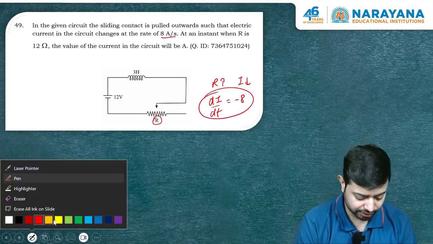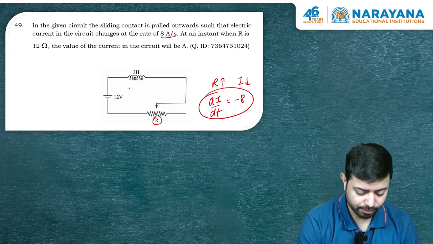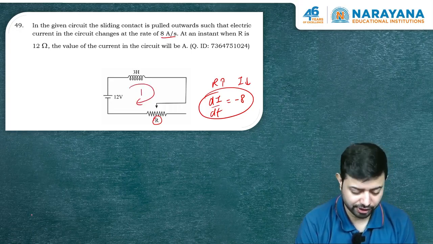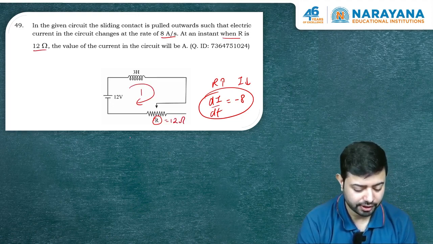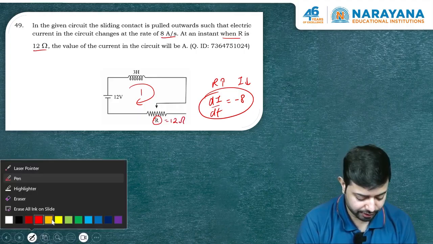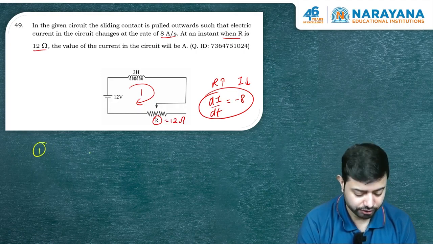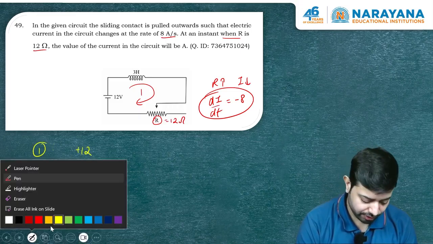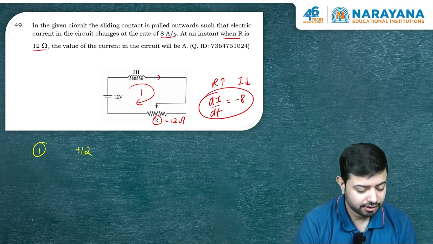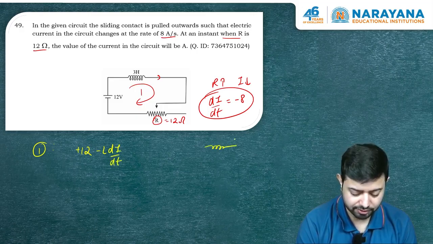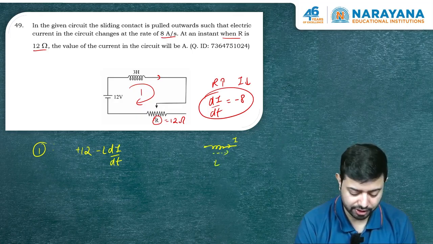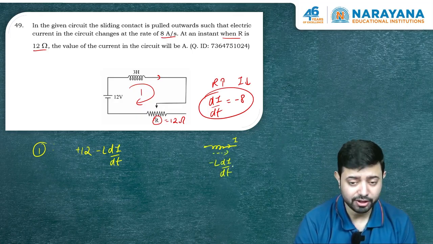Okay. Now let us proceed. Have a look at here. You can apply the loop law in this particular loop, which is 1, right. They are saying at an instant the R value is given as 12 ohm, right. So now if you apply the loop law over here in the first loop, what you will write down? Plus 12, and you will assume the direction of current like this, then you will write down minus L di by dt. Remember, if you have an inductor like this, there is a current like this, and if you go in this direction, in the loop law you write it down as minus L di by dt,